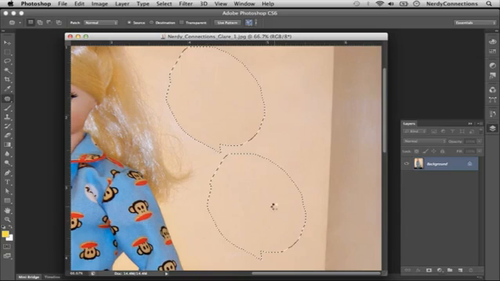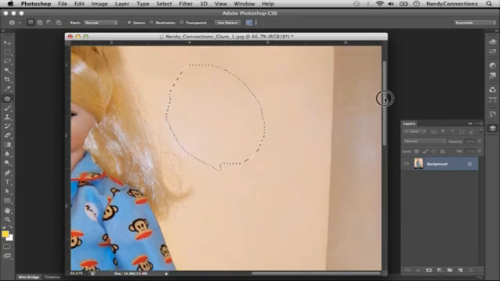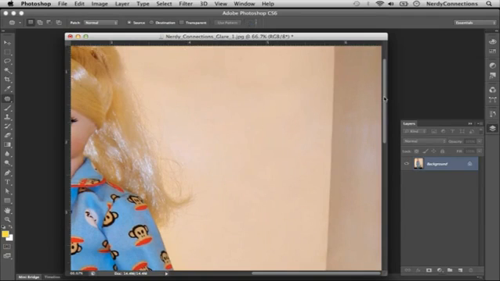replaces the image with where you drag it to, and it's done a pretty good job. If we deselect that, that looks pretty good. We can actually go over it a little bit